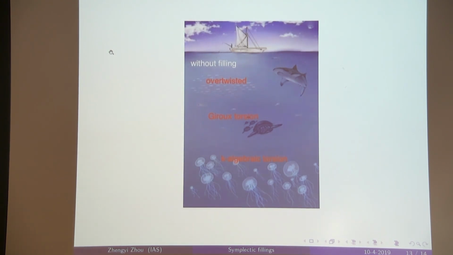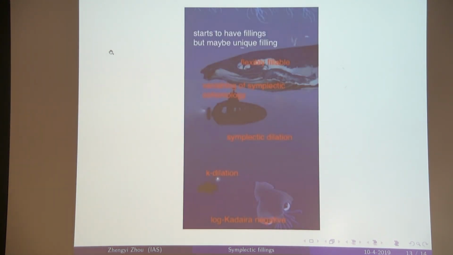And then we start with something with fillings, but the filling might not be unique. So we have flexibly fillable, and for example the sphere is an example. And then we have vanishing of symplectic homology. And then we have symplectic dilation and K-dilation. But this is still in the region where log Kodaira dimension is negative. And then we enter into